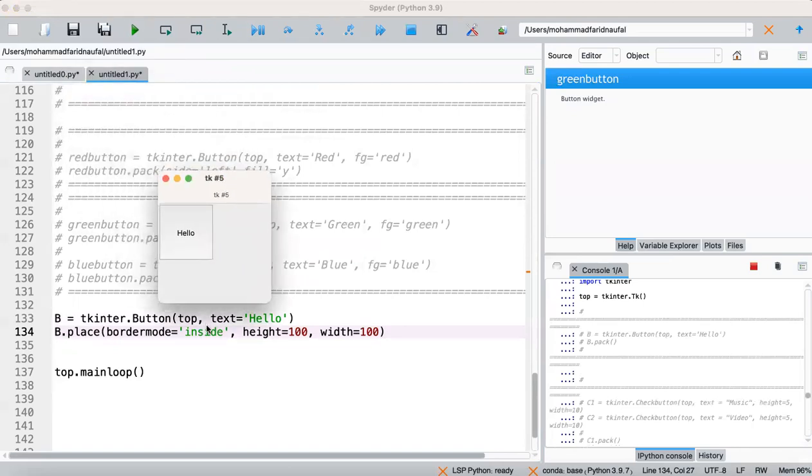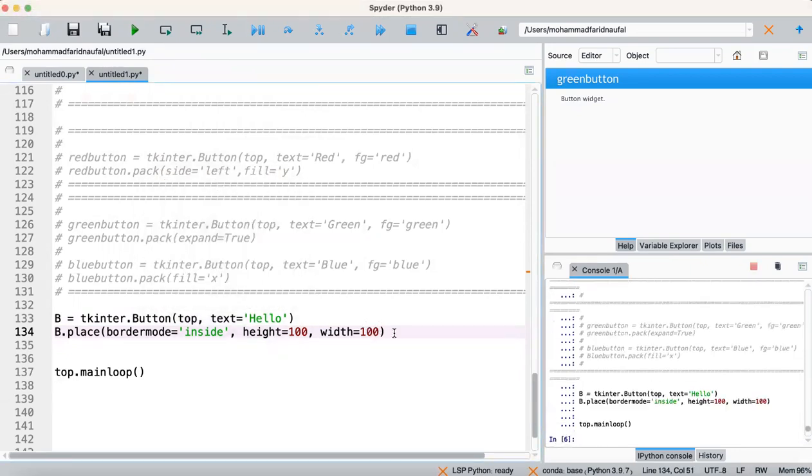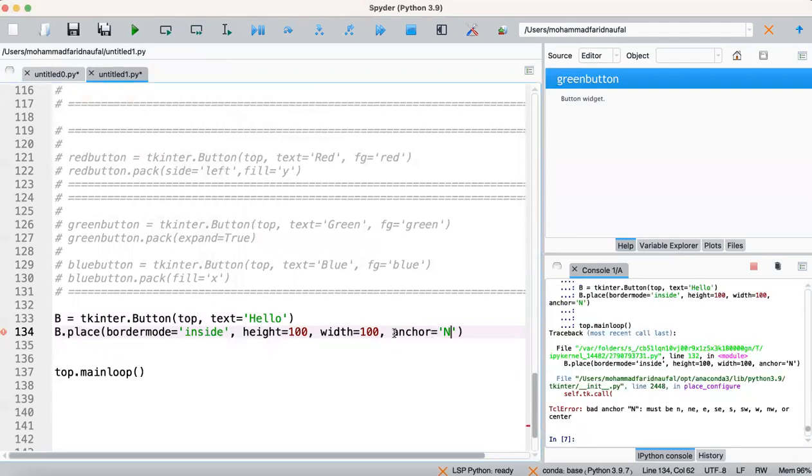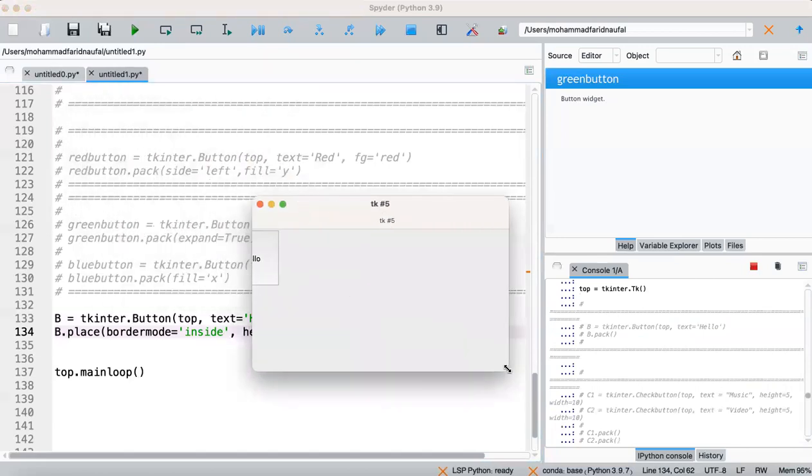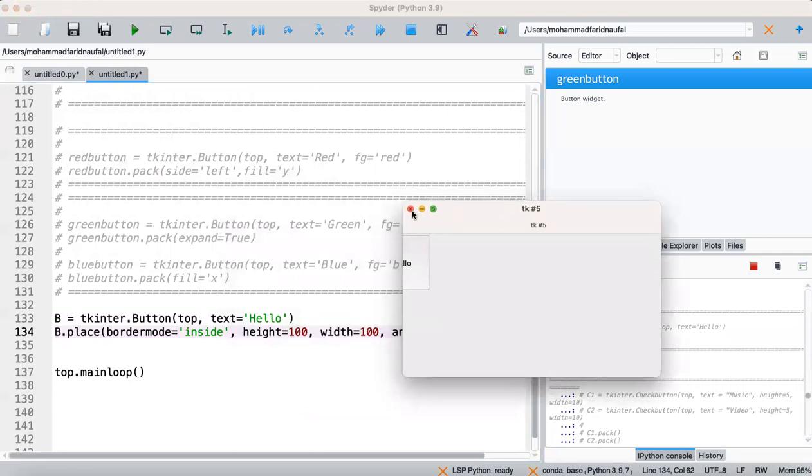So actually this one, border mode, I will check on the place documentation. But actually, if we use inside and outside, there is no difference, right? But if we change into the anchor, anchor equal n, for example. Oh, this one is using lowercase. Okay, it will be placed in this position, right?